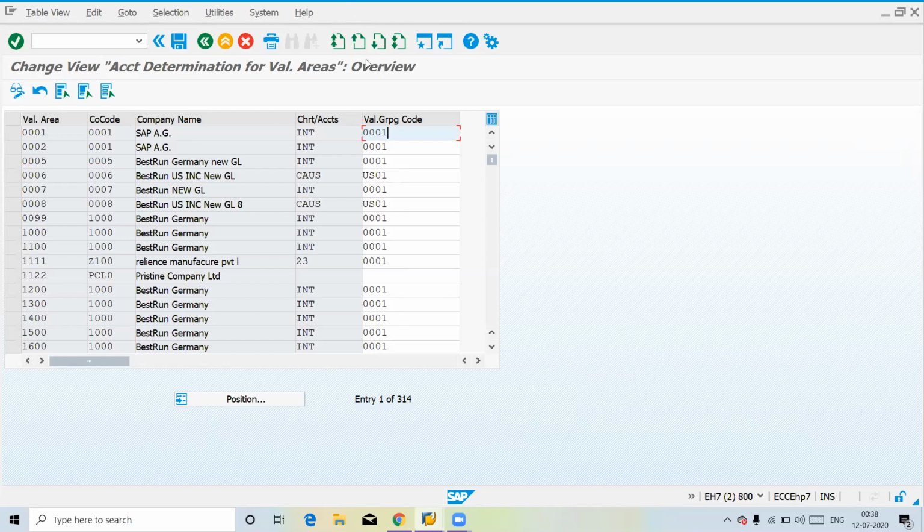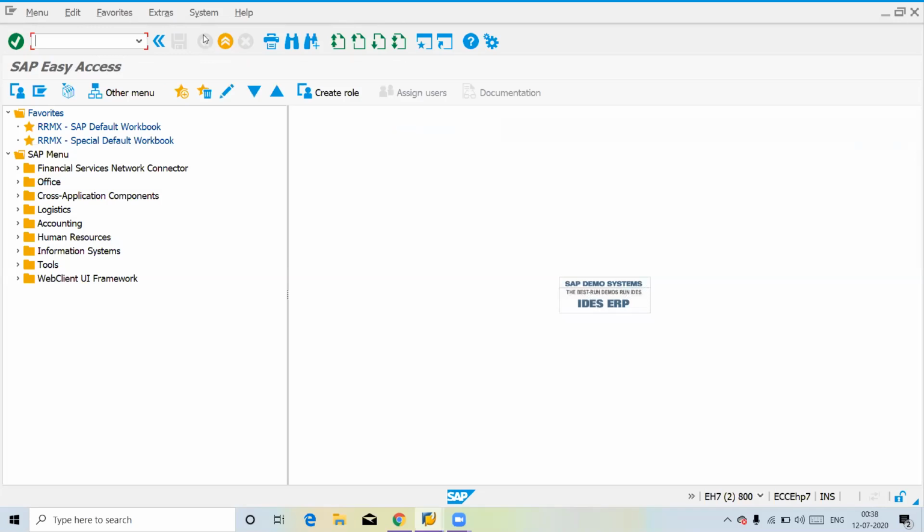So this is all about stock posting errors. If you find any new errors, you can try to resolve them with the help of Google or the respective counterpart. Either it may be the FI side, the HR side, or the MM side. You are always welcome to have a discussion with them and try to resolve these issues. This is all about your stock posting.